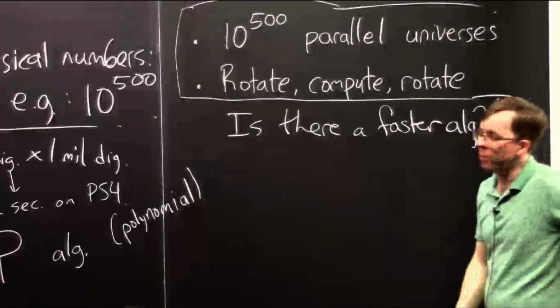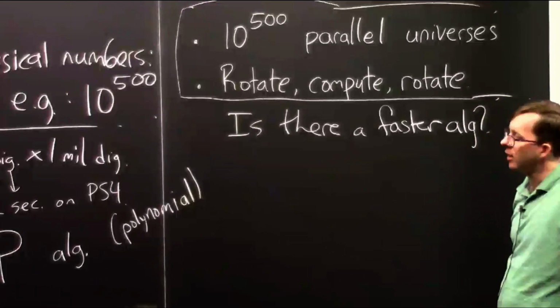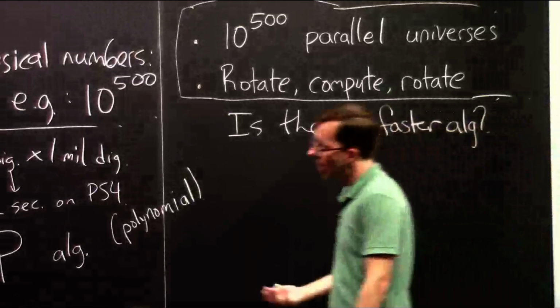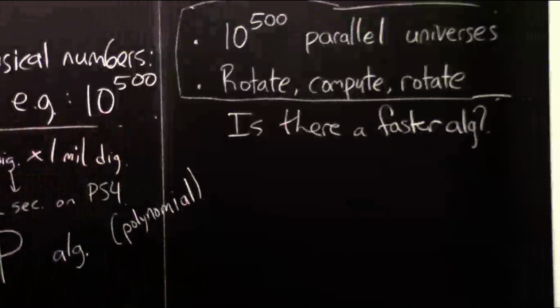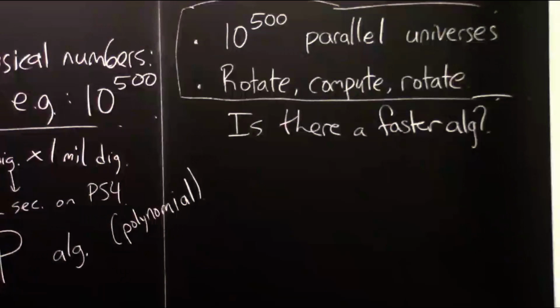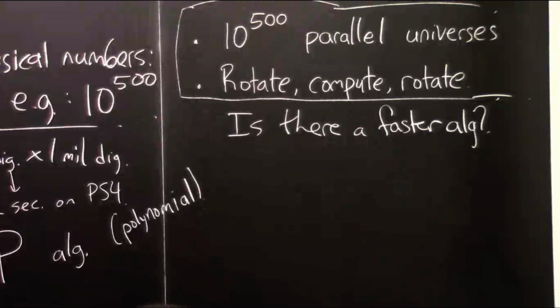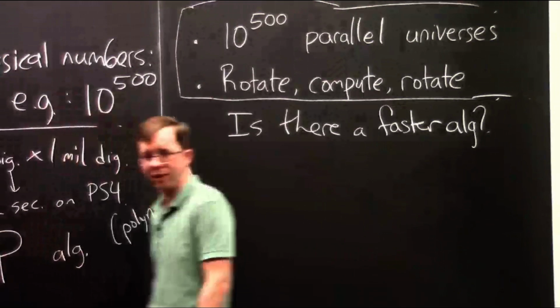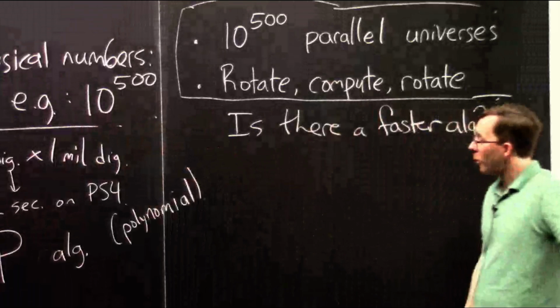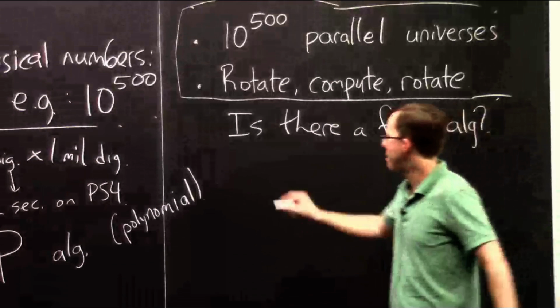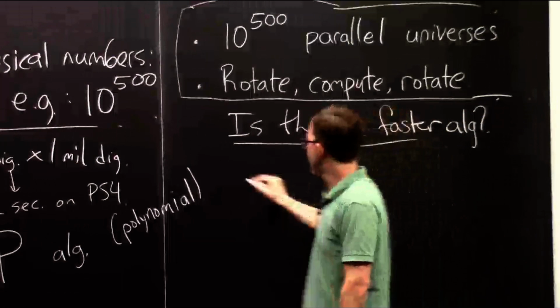And actually, if you never thought about this before, it might strike you as a funny question, because you might think that almost by definition, there isn't. Like, this is the definition of how to multiply two numbers, it would seem, right? I mean, is there any other way to do it than multiplying them like this? Well, it turns out there is. The answer is yes.